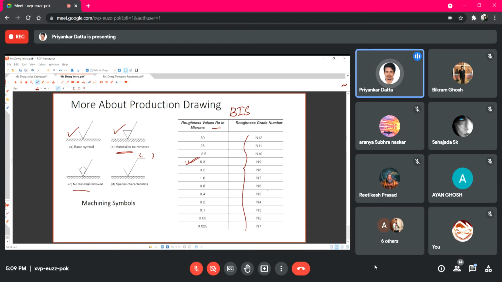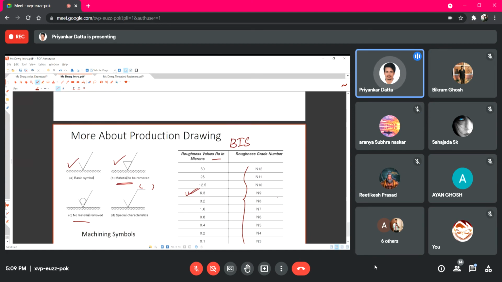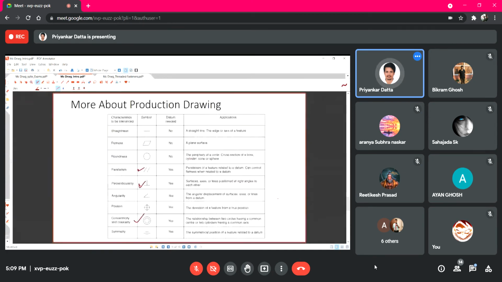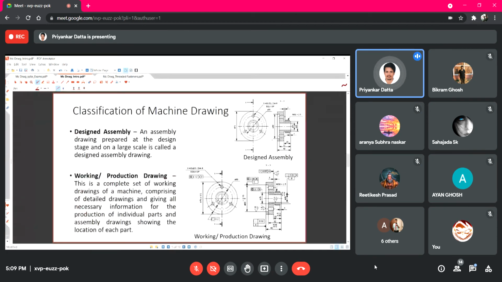So these are some basic information about the drawing. Now, as I told you, we shall be restricting our drawings using this design assembly only. So we don't need to put all these additional informations in our drawing. Our drawing will be simple with all the dimensions, and preferably at least one view should be either a full sectional view or a half sectional view, right?